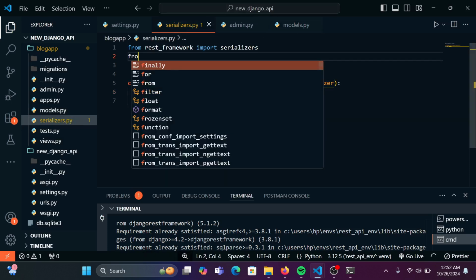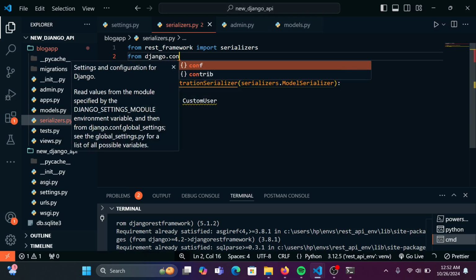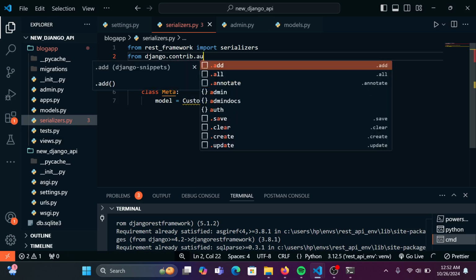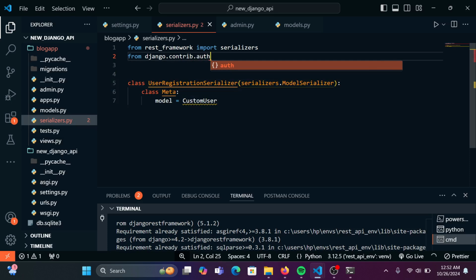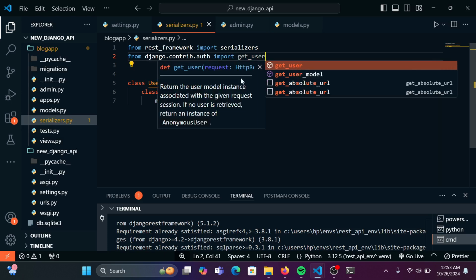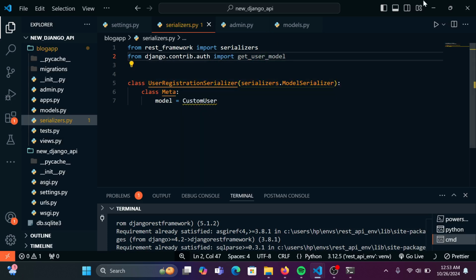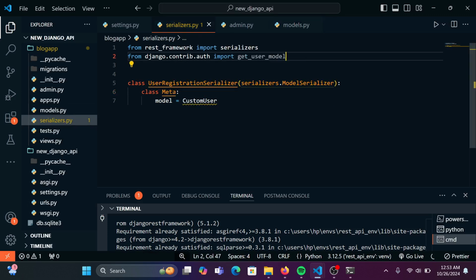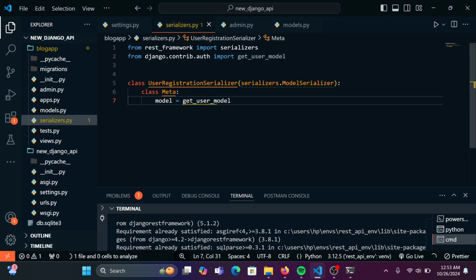I'm going to say from django.contrib.auth import get_user_model. This is the best way to do it rather than using the exact name of your user model. So back here, I'll simply copy this and paste here,